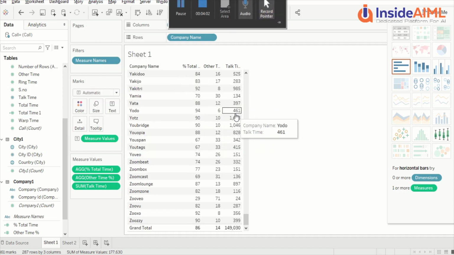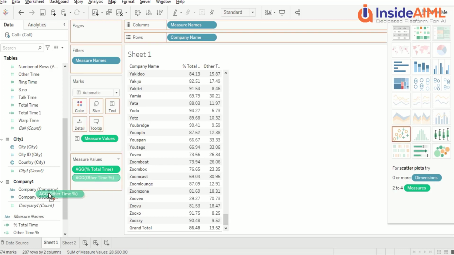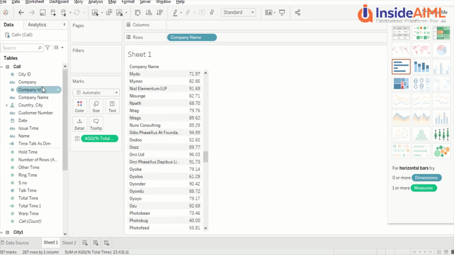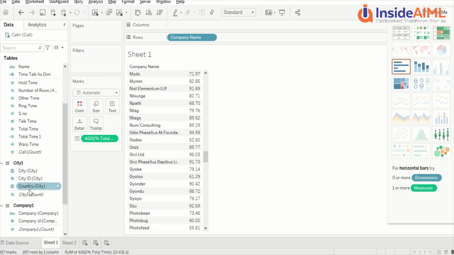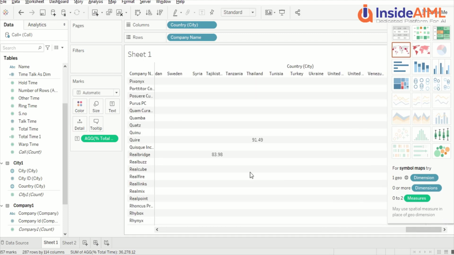The row grand total will play a role when we have a matrix. So let's try to see if we can make it a matrix also. We have the customer, and let's take something on the columns also. Let's see what else we have. We have city, country, company. These are bigger ones. Let's take country. Now you see a lot of data out here. This is the matrix representation of the table, where we create a matrix kind of structure. Let's scroll down.